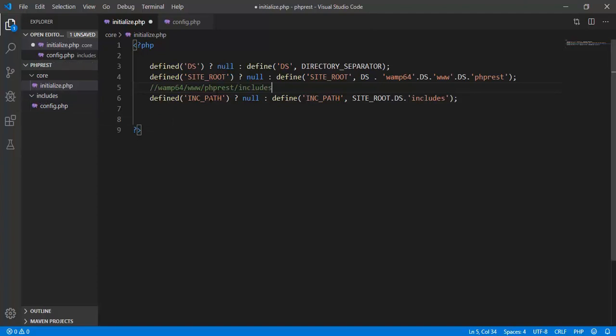Okay, and of course we also need to do the same with our core directory. Okay, so basically we're just defining here different directories in our project, so it will make more sense later on when we try to include all the files under these directories. So CORE_PATH, and then instead of using includes, it should be core. Okay,